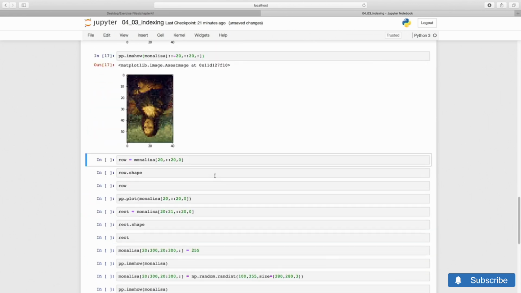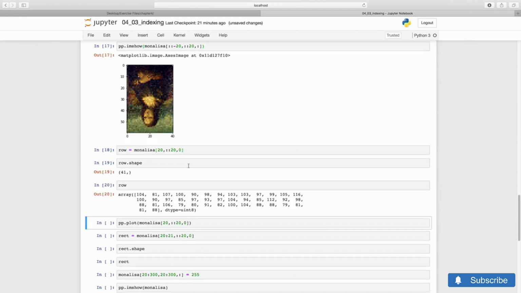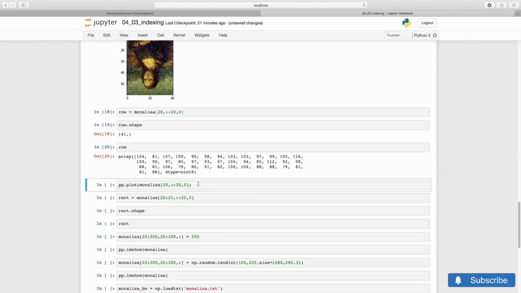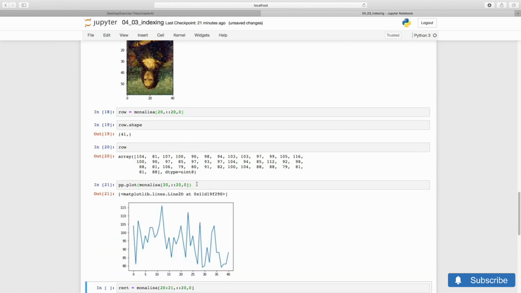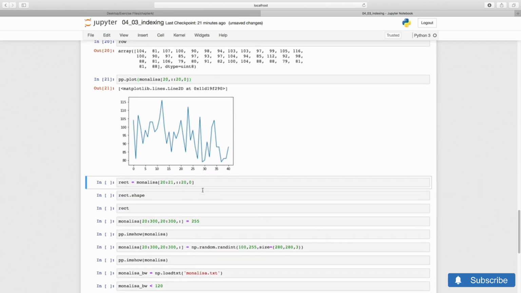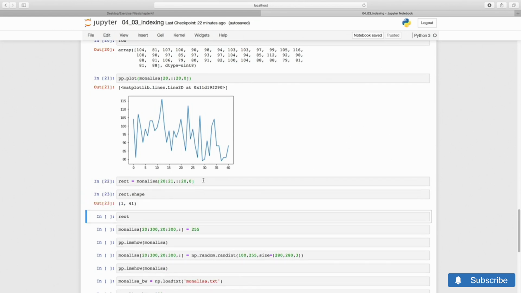That works too. And in this case, it inverts the rows. And if we mix slicing and indexing, we reduce the dimensionality of the array. In this case, it becomes just a vector. We can't show a vector as an image, but we can plot it. Note that fixing one of the indices is not the same as asking for a slice of 1. In that case, the array remains two-dimensional.